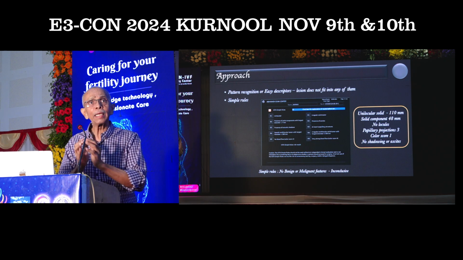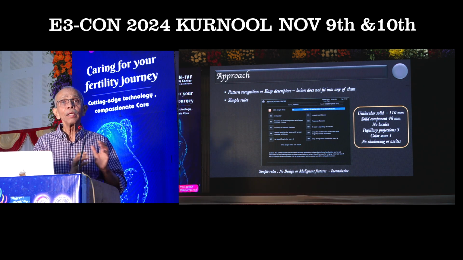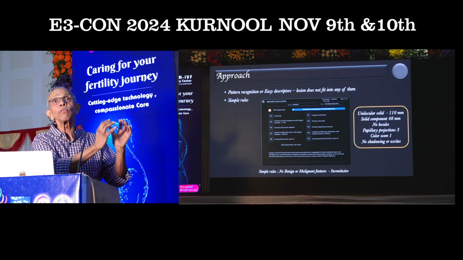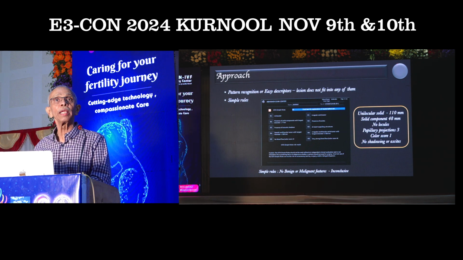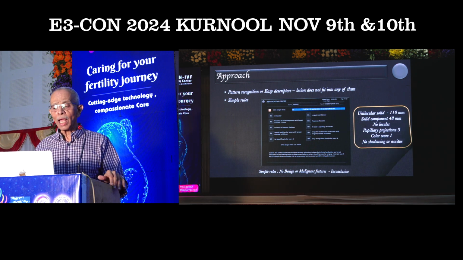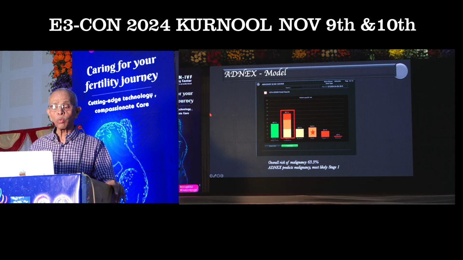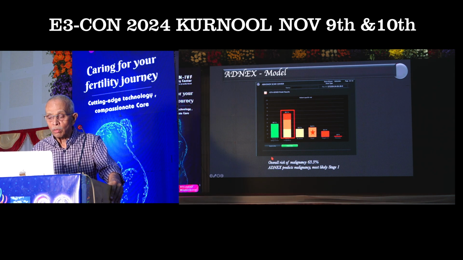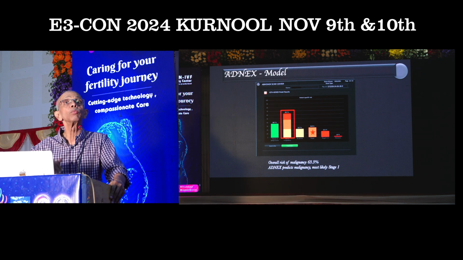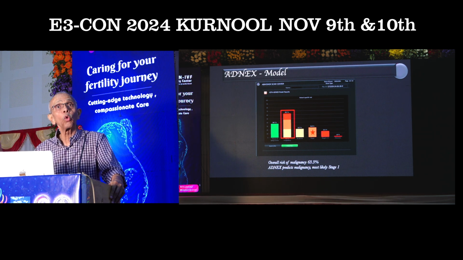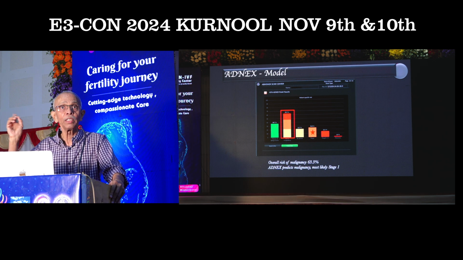So this is an adnexal mass which is going to fall into the category of the 25% which are inconclusive, where you need to apply the ADNEX model. So I have applied the ADNEX model, and this is what the ADNEX model says: the risk of malignancy is 63%. That definitely indicates that it is more than 50%. So the O-RADS score will be score 5. Isn't it high risk? So that is how you are going to categorize.